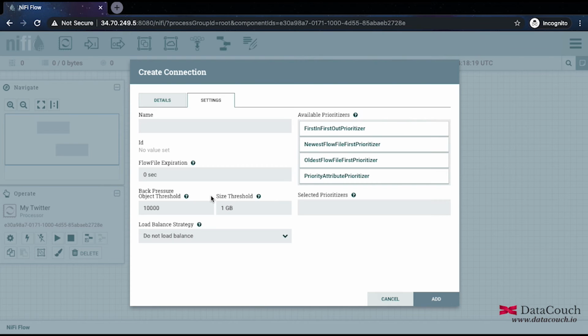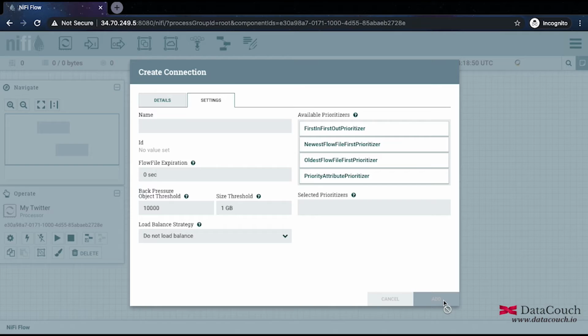Now this queue will start giving feedback to the previous processor that the capacity of this queue is full, so please don't send more messages. It is conveying to the previous processor that we don't need more flow files right now, so just wait for some time. This is another criterion, based on size.